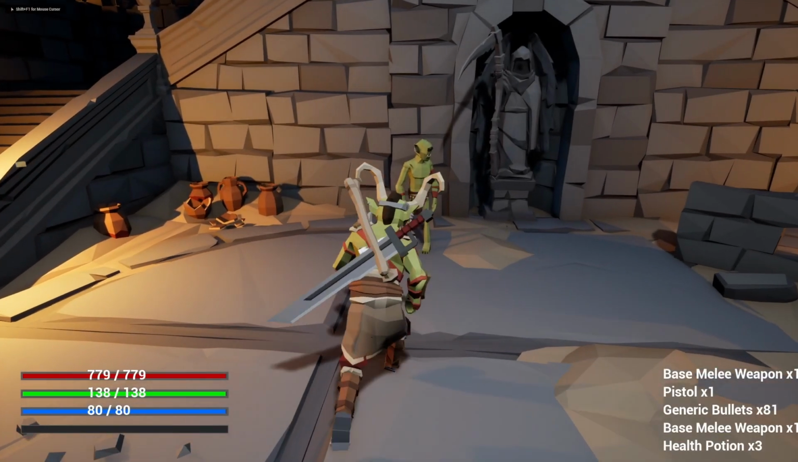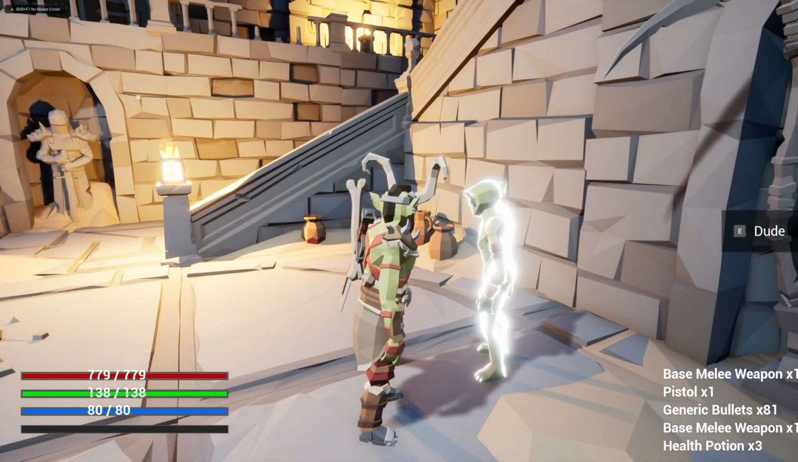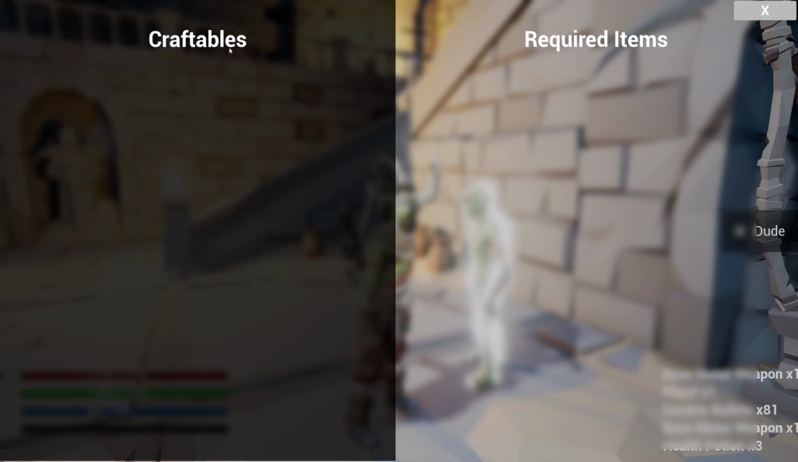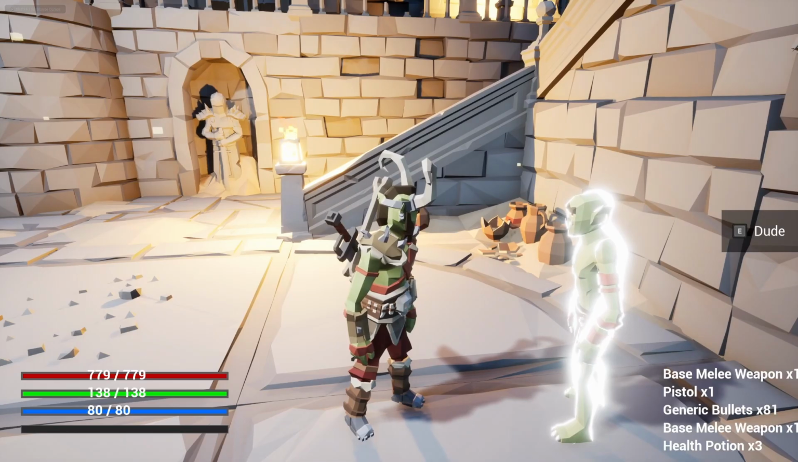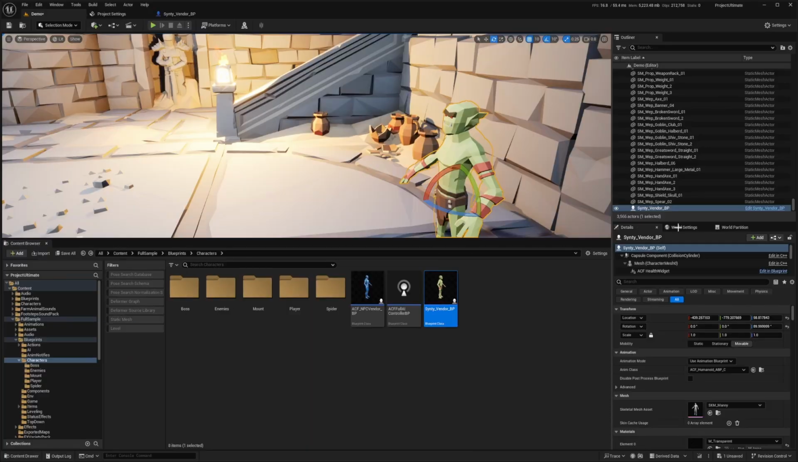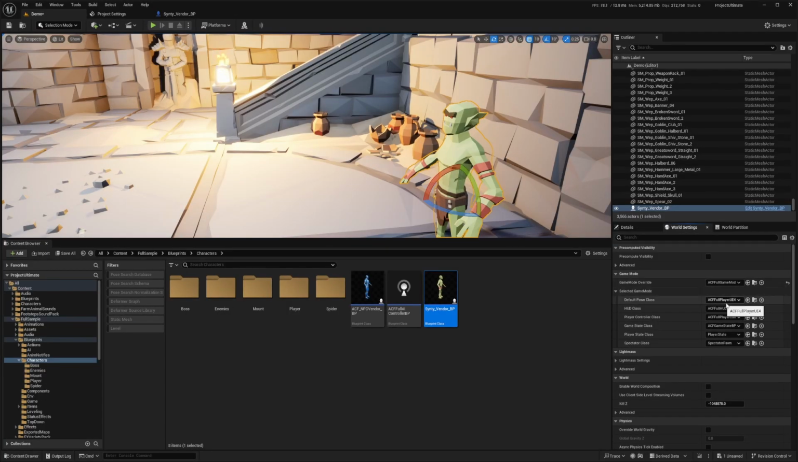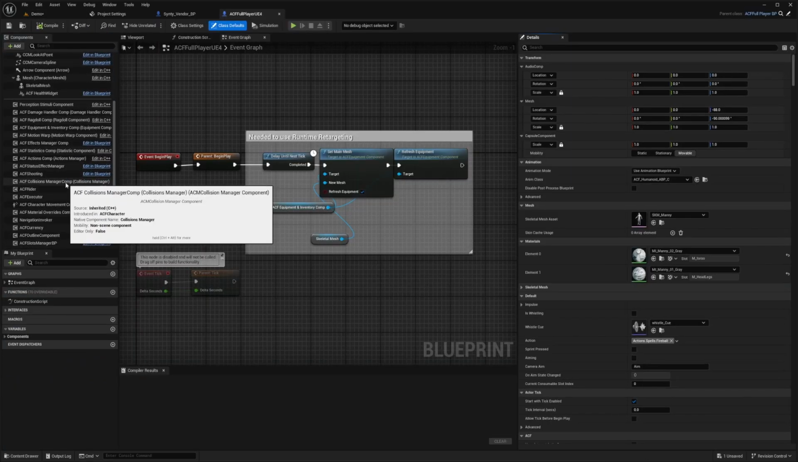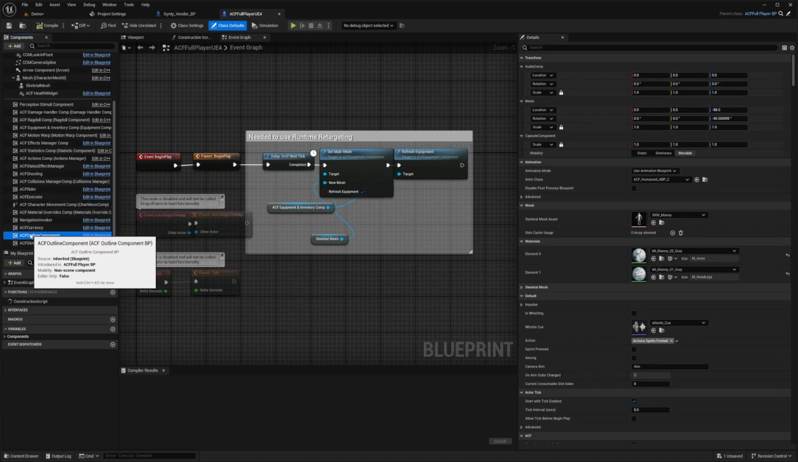So when I hit play, I can talk to him. He's highlighted with that outliner component that we have set up, and I'll click E, and he has nothing. I think the full sample might be pretty empty in this case. So if you want to change this outliner, you can just head over to your main character or whatever character you're using. So the ACF full player UE4, double click to open this up, and there is an ACF outline